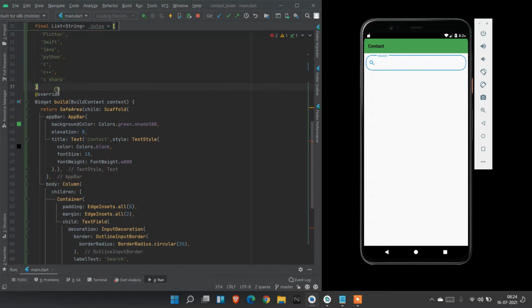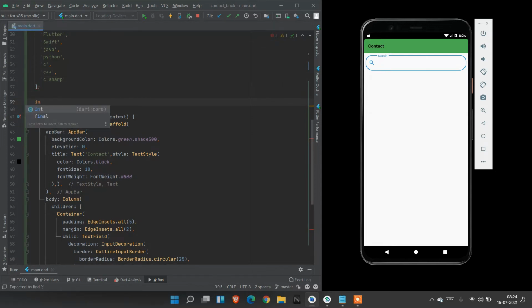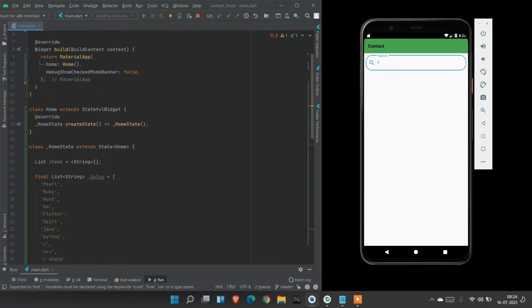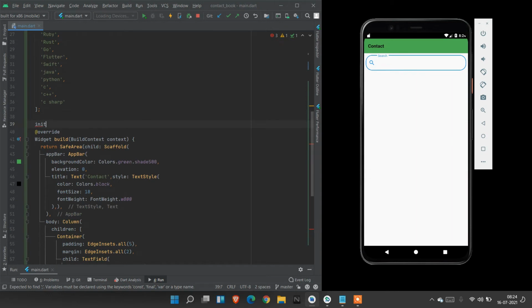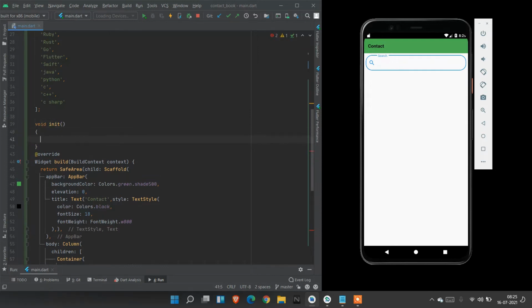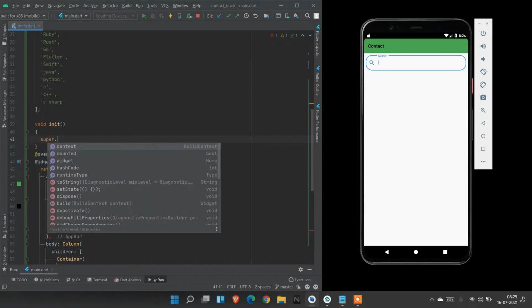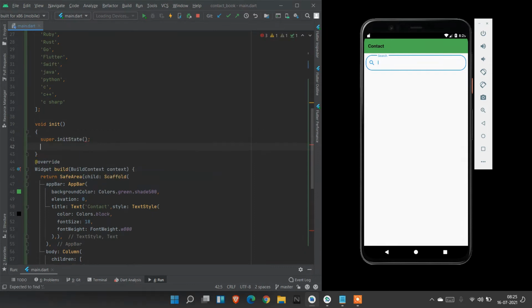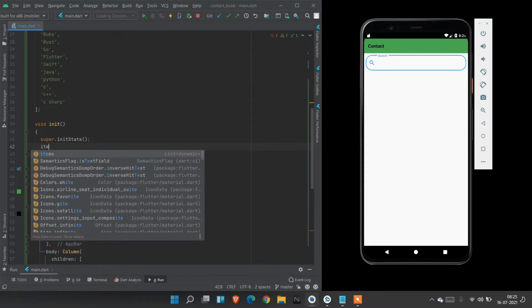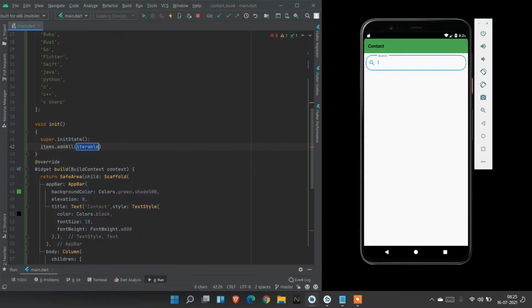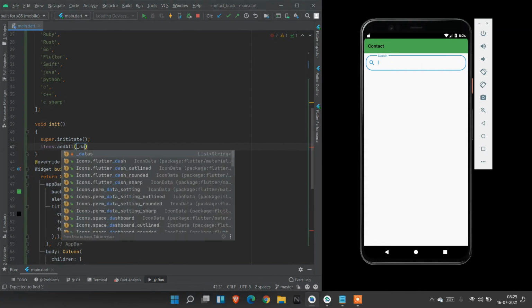And we need to create an initState here. Void initState, super.initState, and we need to addAll, items.addAll of datas.